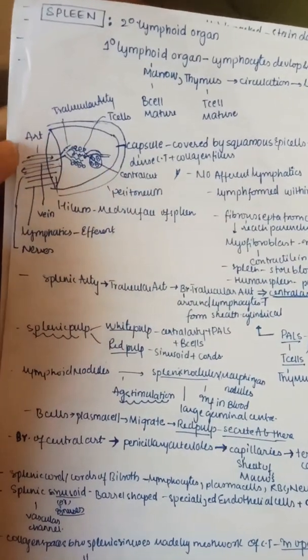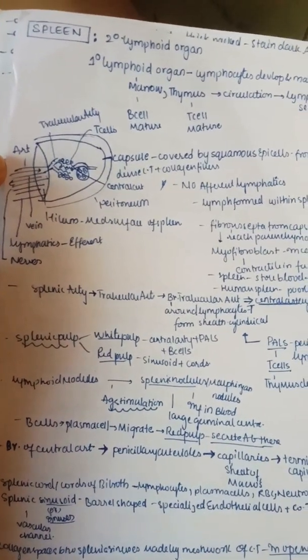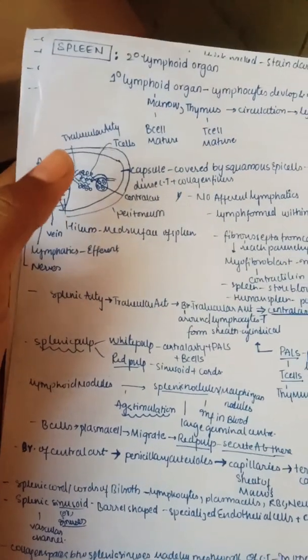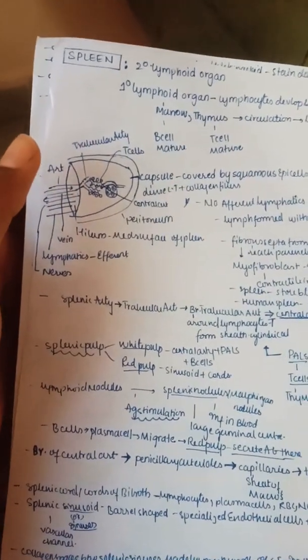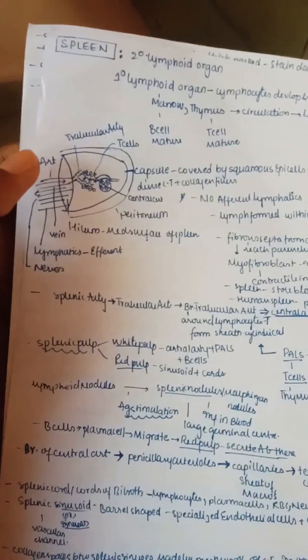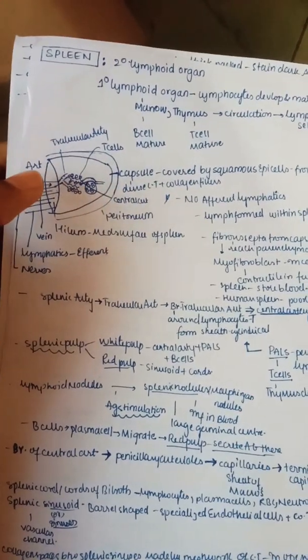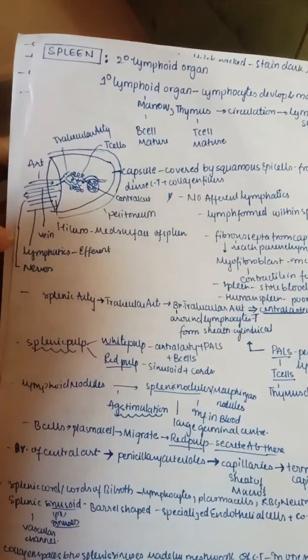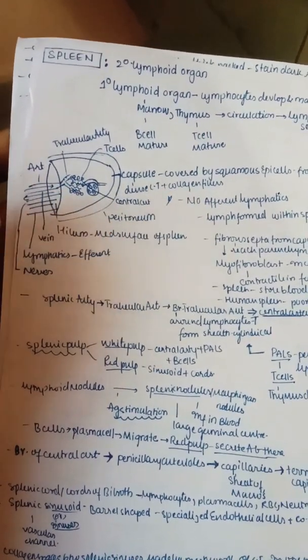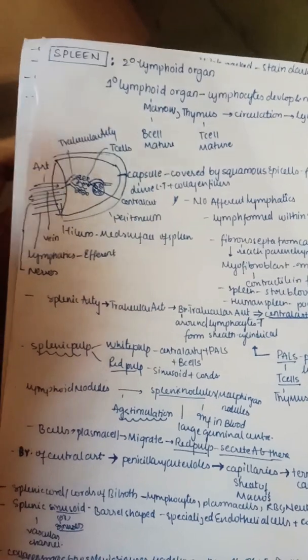First, let us understand that the spleen doesn't have any efferent lymphatics. Then you can imagine how lymph can enter the spleen. The spleen itself makes the lymph in it. You can see this is an artery, this is the hilum of the spleen. Here you can see the artery, here the vein, and here the lymphatics, which are mainly efferent, that is, getting away from the spleen. And we can also see nerves.